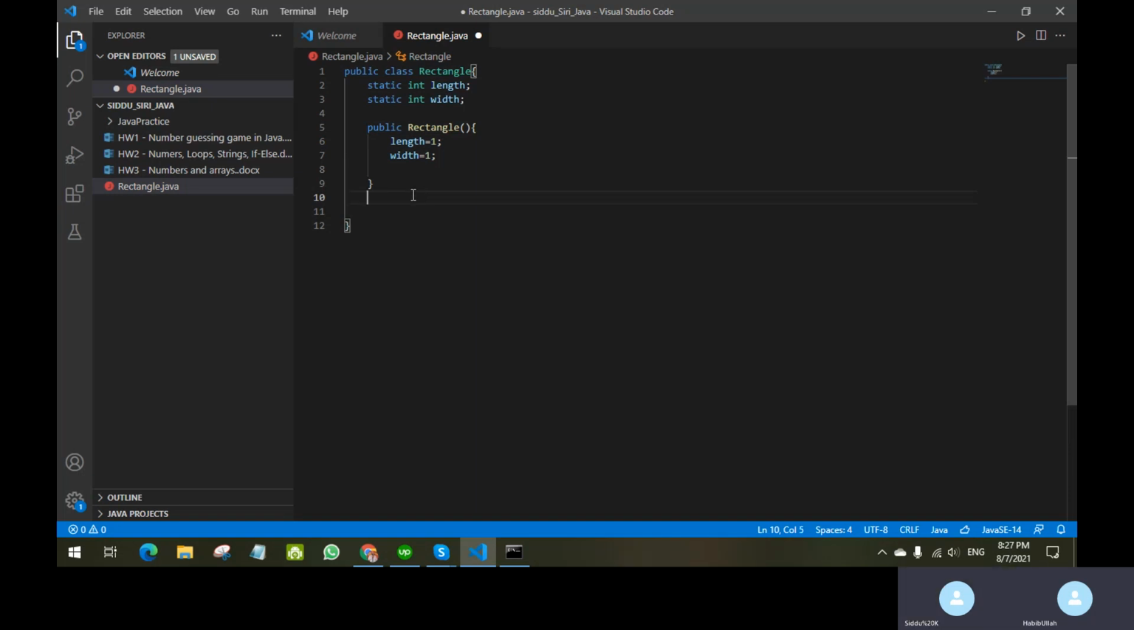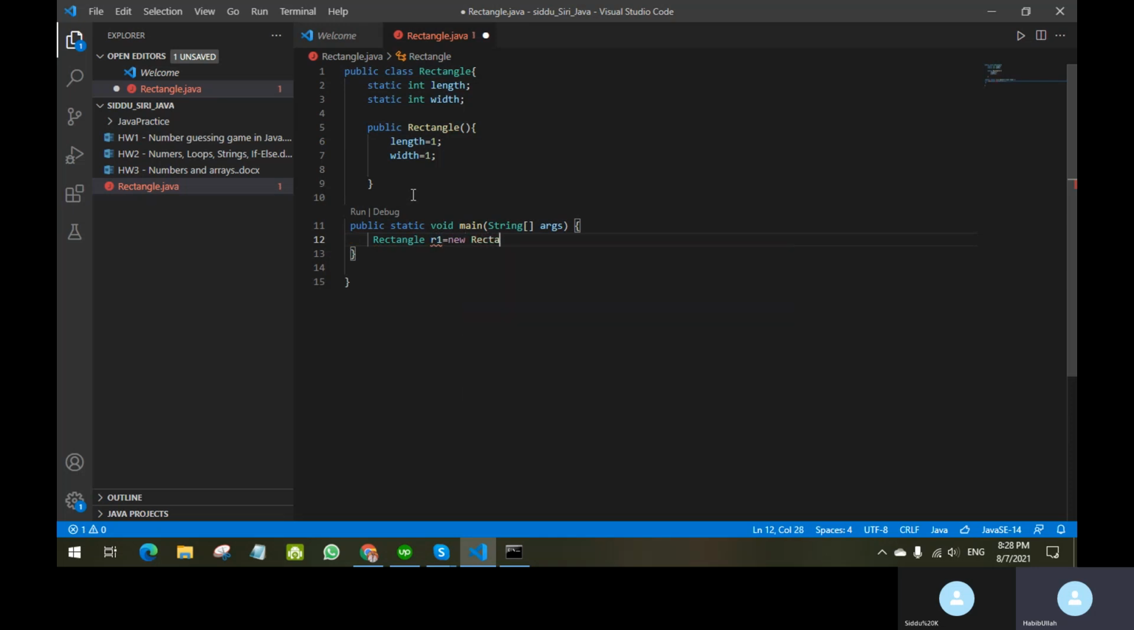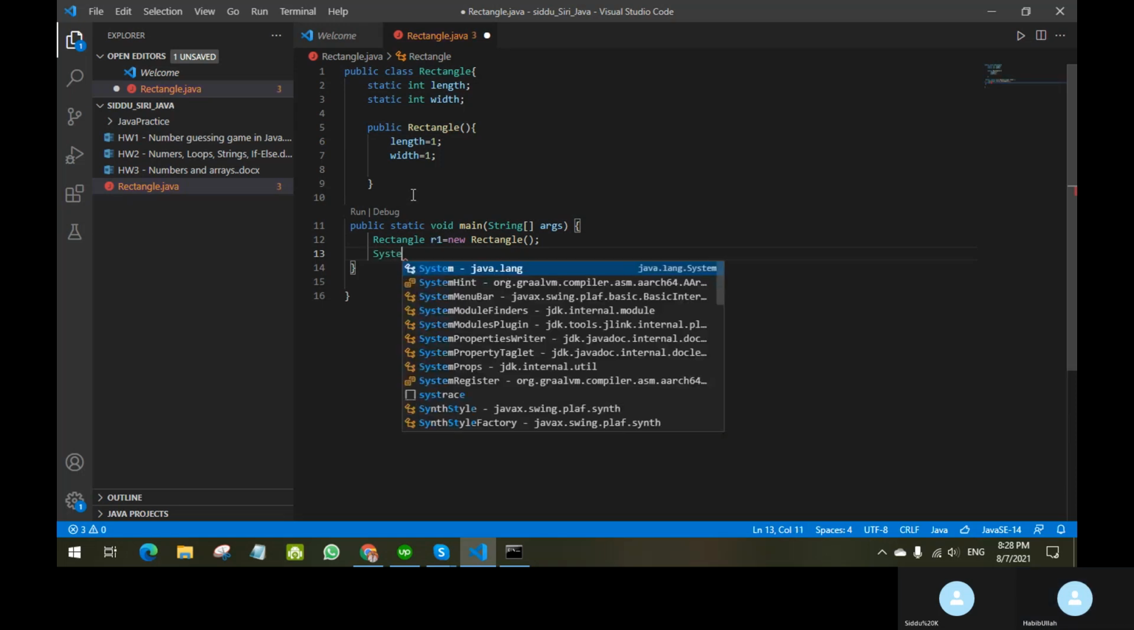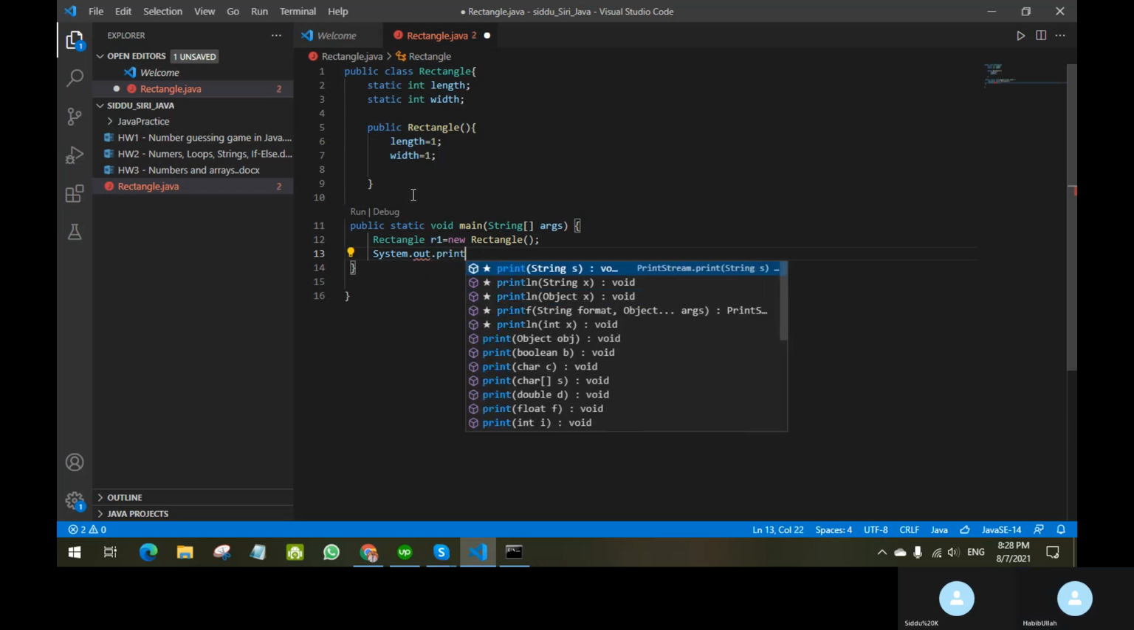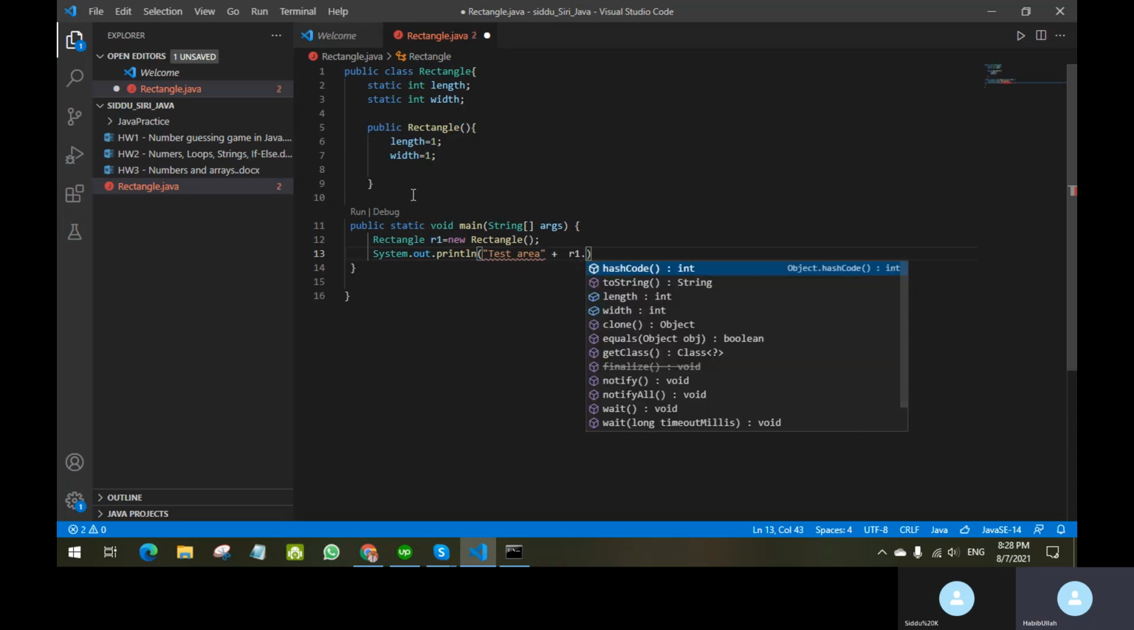Now the second thing. Now I want to make another constructor here. You can try this one in the main function. This is the main function. We create an object here for the Rectangle class: r1 is equal to new Rectangle. The new operator is required here. Now, if I simply type System.out.println and the text Area, and then plus I call r1 dot